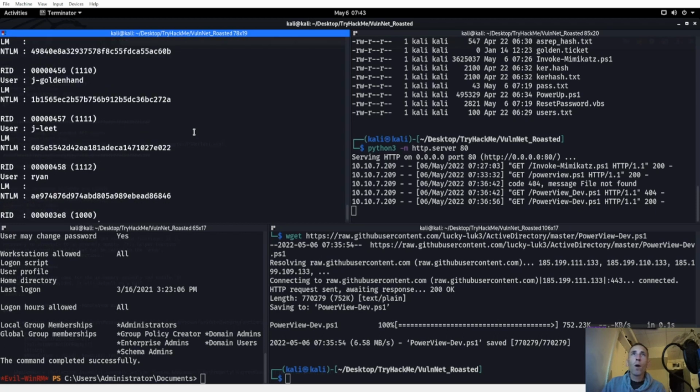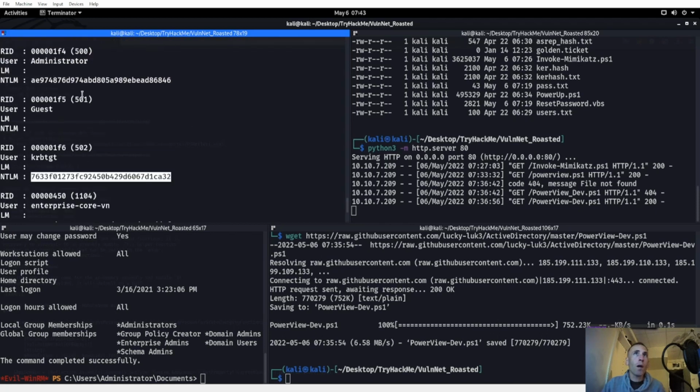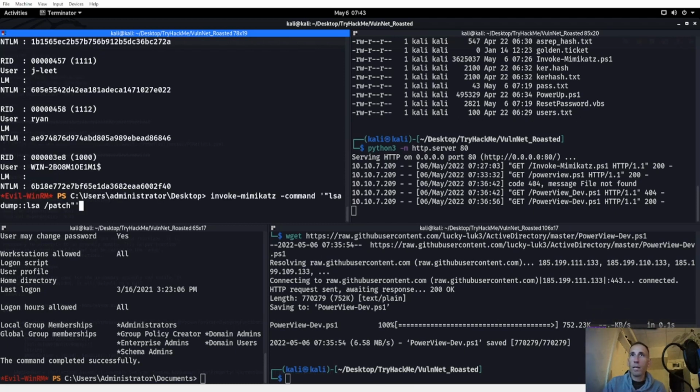Then we want to put in the ID. Okay. We want him to be 500. We can do 500, 502, whatever, something in the fives, and then the group of it, right? So we want to do like ID 500 group 512, some of that. Okay, so we can do like an ID